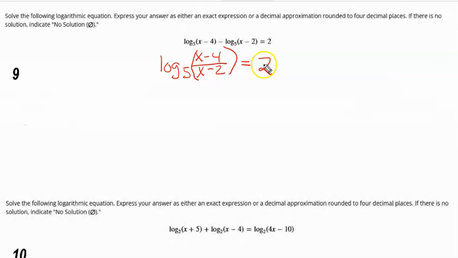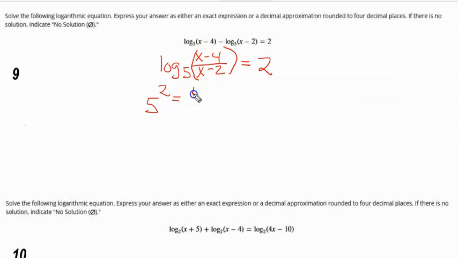Now, this is its log form. To solve it, we want to put it in its exponential form. So this would be the answer, or we could go base 5 to the second power